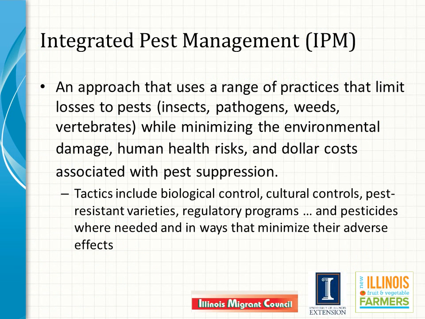Let's start with a general definition of integrated pest management, or IPM. IPM is an approach that uses a range of practices that limit losses to pests while minimizing the environmental damage, human health risks, and dollar costs associated with pest suppression. Tactics include biological control, cultural controls, resistant varieties, regulatory programs, and pesticides where needed and in ways that minimize their